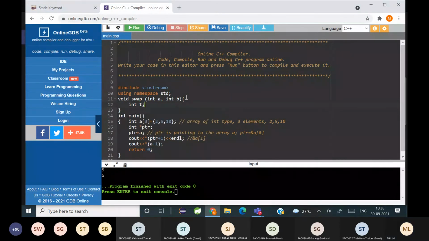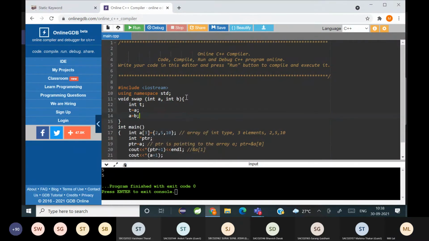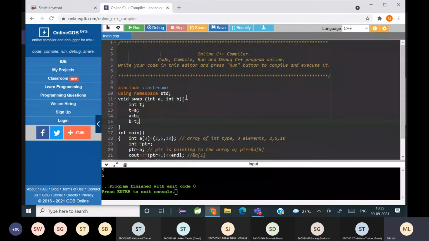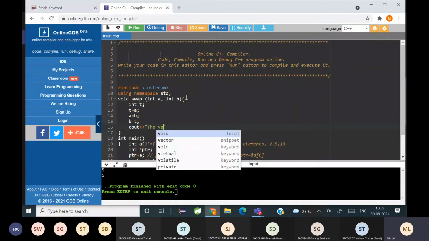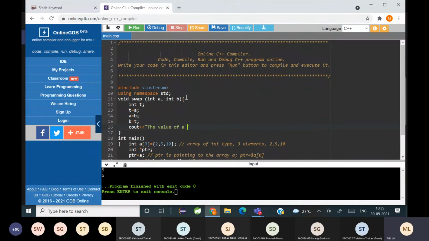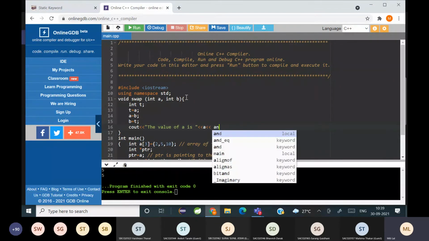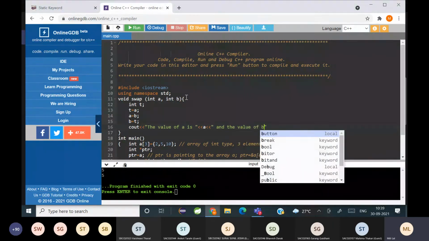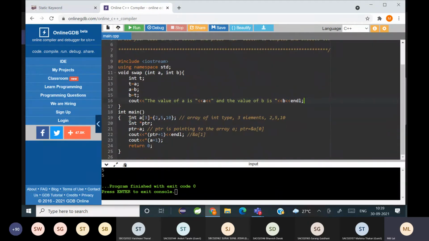So int t equal to a, a is equal to b, and b is equal to t. cout the value of a, and the value of b is b. Okay.